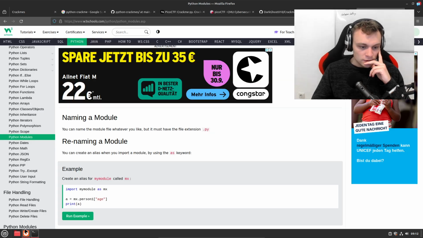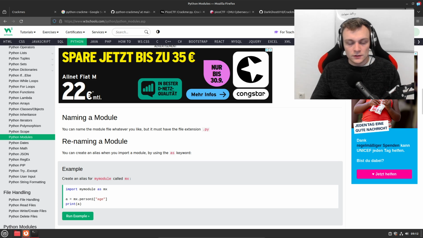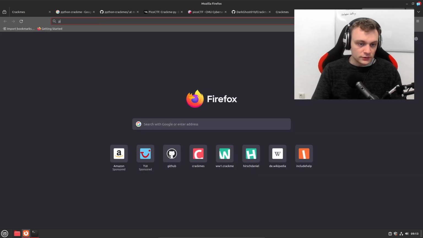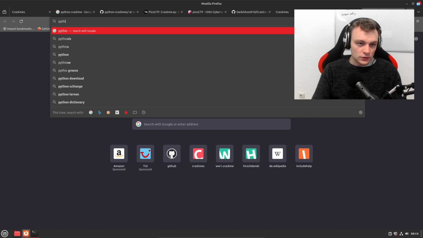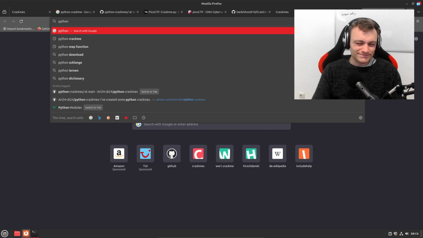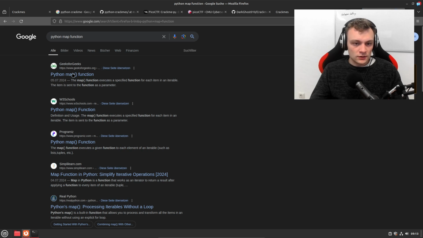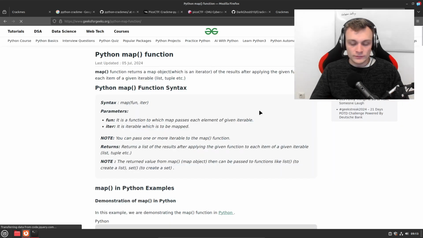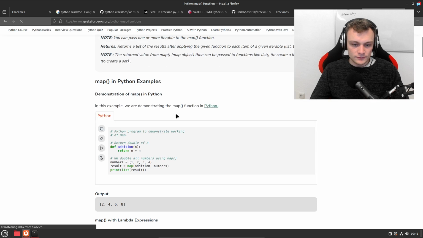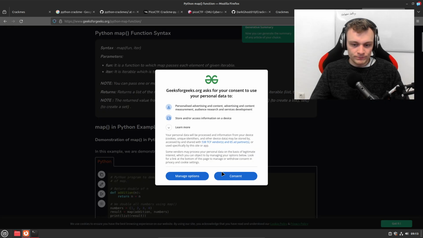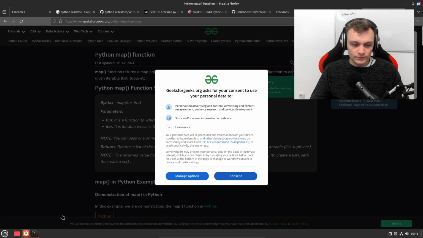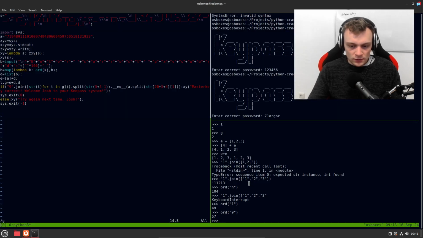Anyways. Python map function. Map lambda k